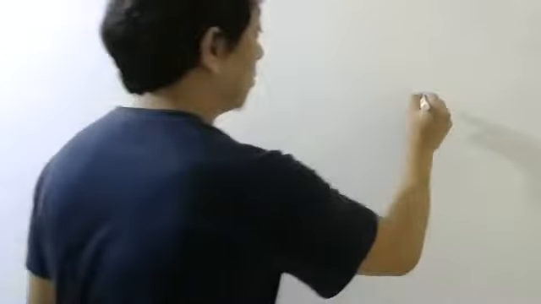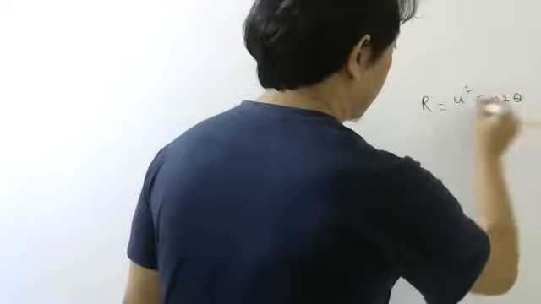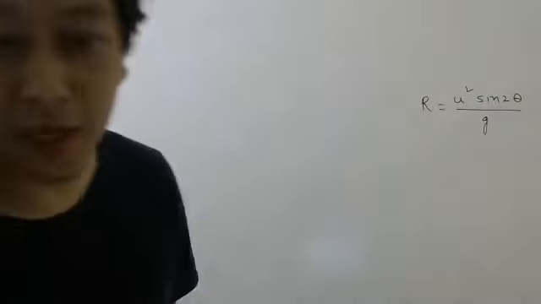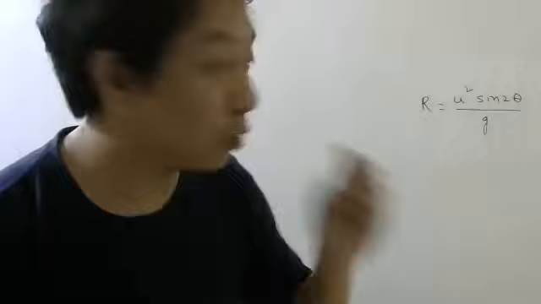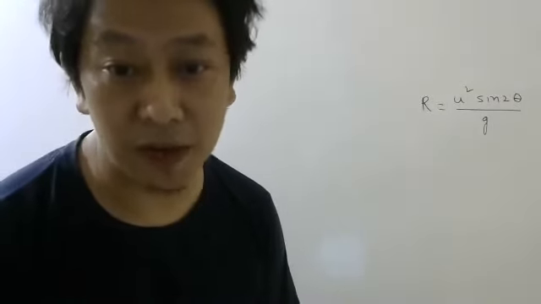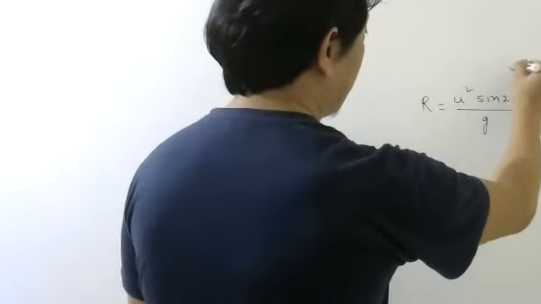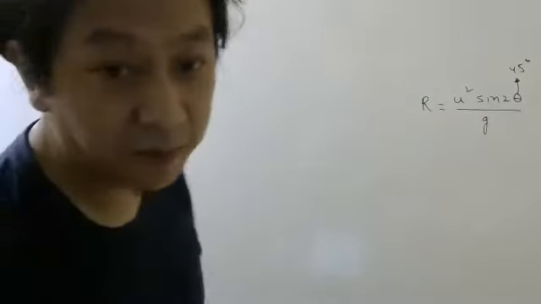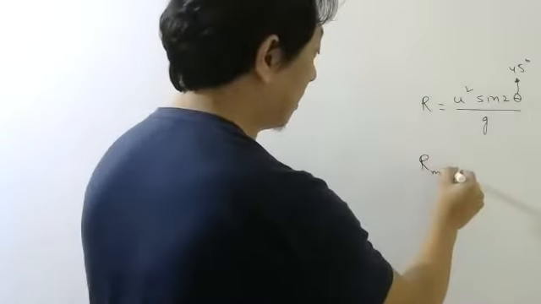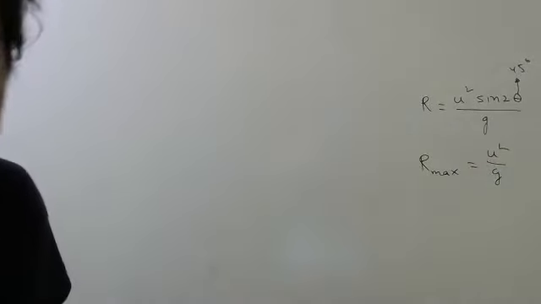Okay, let us see now question number 3. By the way, students, last class when I told you the formula for range, for what angle was the range maximum? That is a 1 mark question, okay? Don't forget, 45 degree. So when theta is 45 degree, your range will be maximum. And the maximum range is given by u square by g. So keep this formula in your mind.